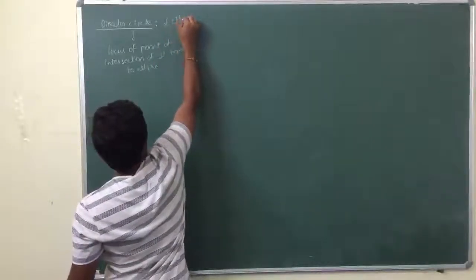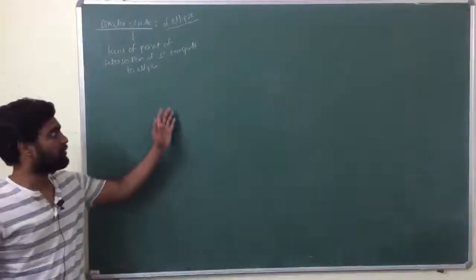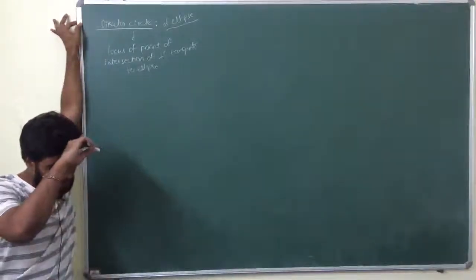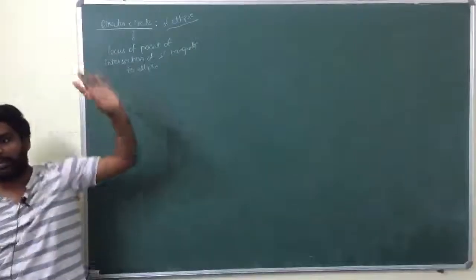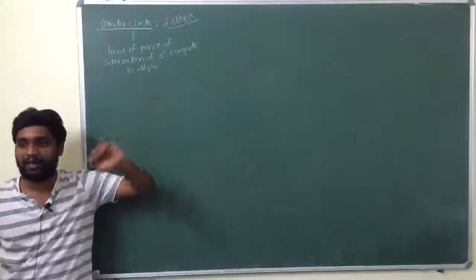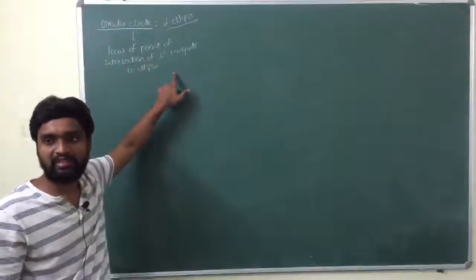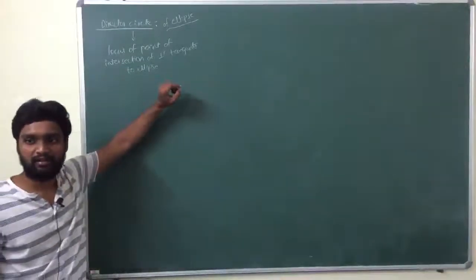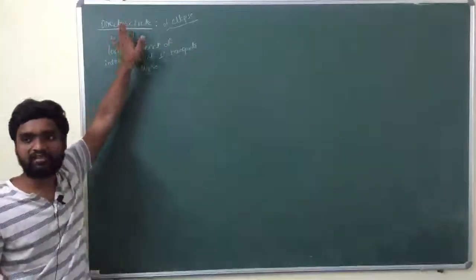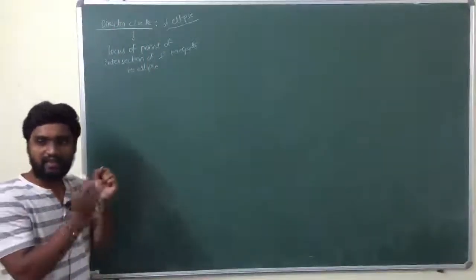The definition is the same for circle or for ellipse. So you are going to get director circle in hyperbola also. There is no director circle in parabola. In parabola, what is the locus of point of intersection of perpendicular tangents? It is the directrix. In the remaining three, circle, ellipse and hyperbola, the locus is a circle which is known as director circle. In parabola, it is not a circle; it is a straight line which is the directrix itself.